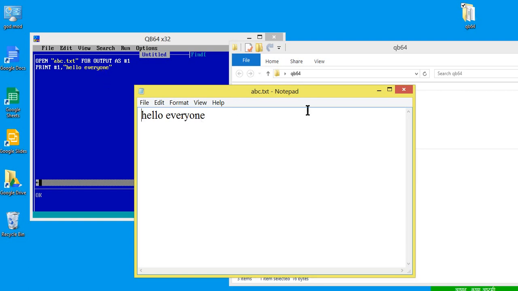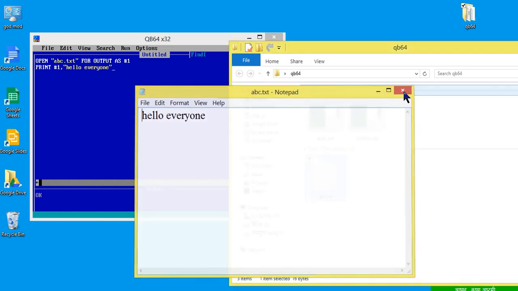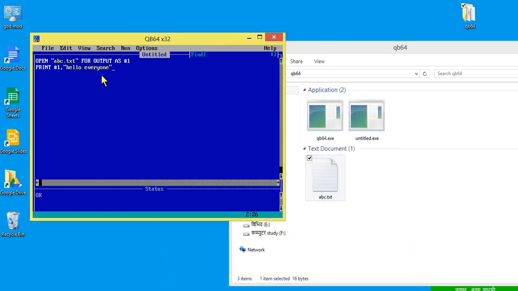This program writes directly into the file. Now most of the time, I want to take some input from the user. Input, enter your name, and I want to print that name to the file. So print #1, comma, name, and then close #1. Close #1 means close the file whose buffer number is 1, that means the abc.txt, and then end the program